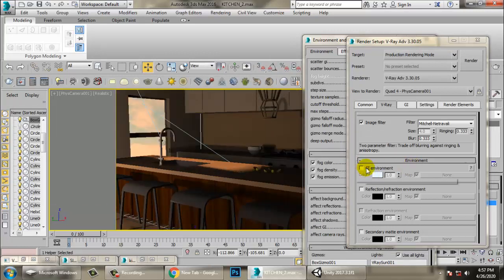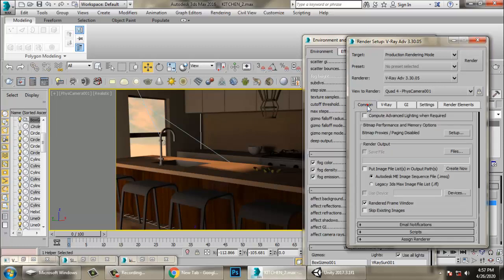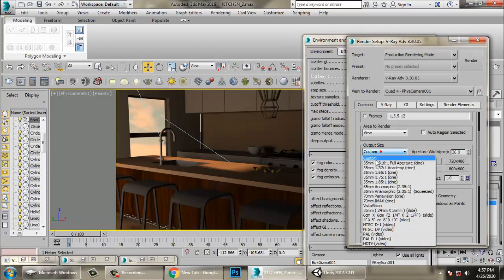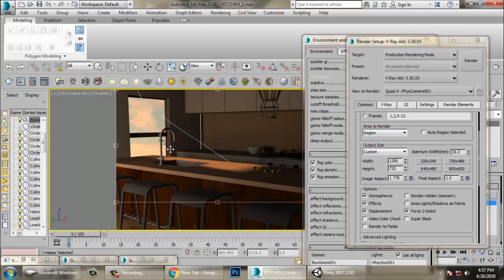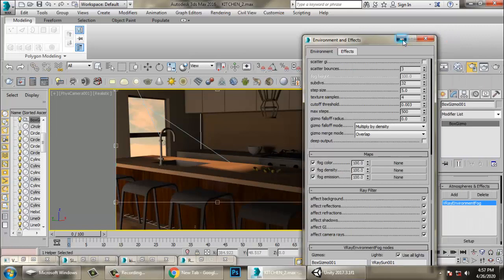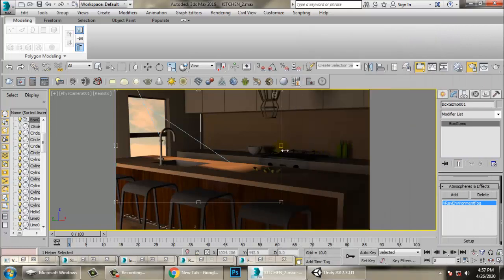You can also generate the V-Ray physical camera, not a problem. So I'll go into this, in the view. I'll just define a range and let's see, and let's render it.